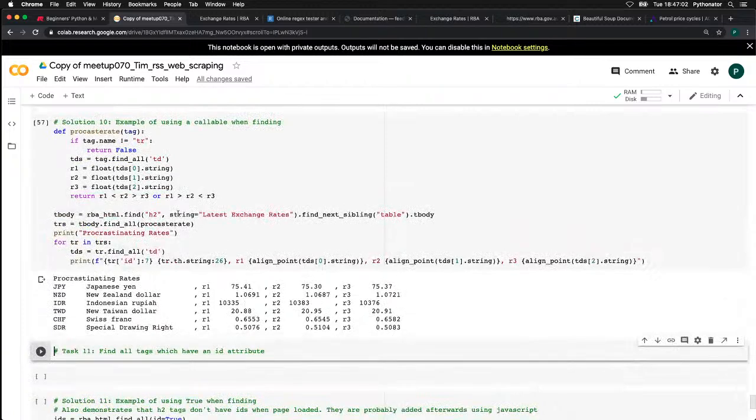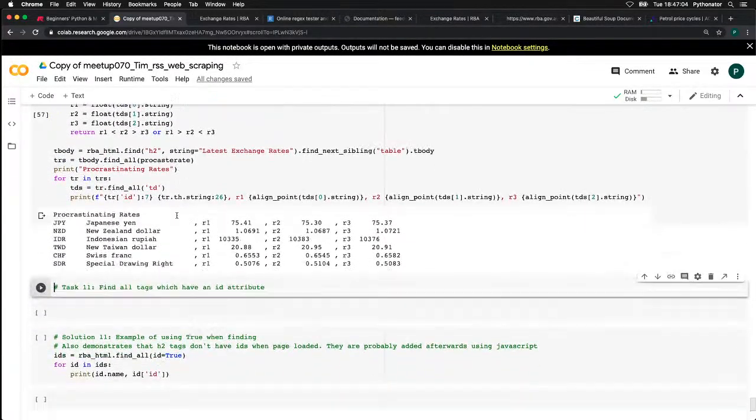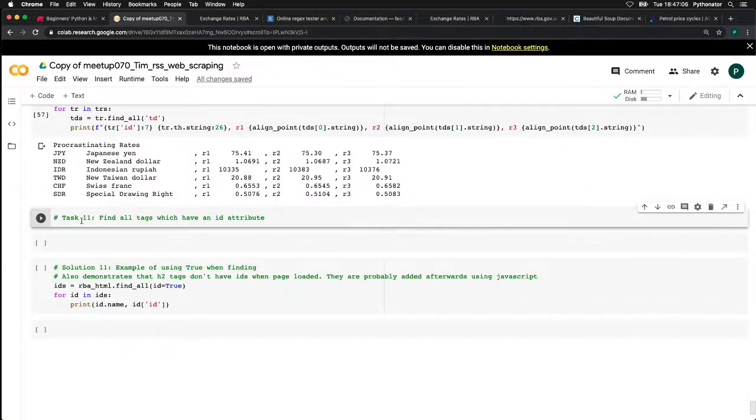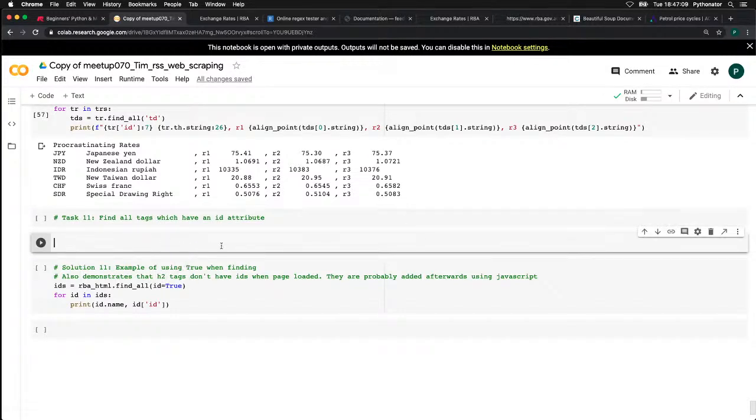All right, so they were all the difficult ones. Now I'll find a task 11. It's the last task on the list. There's a much easier one. Let's just find all the tags that